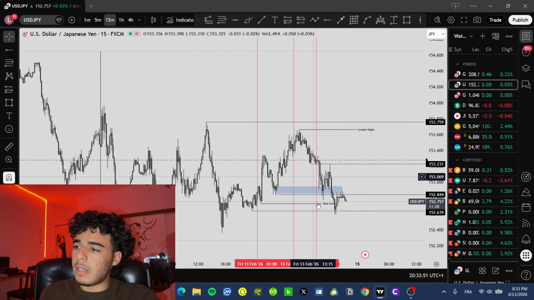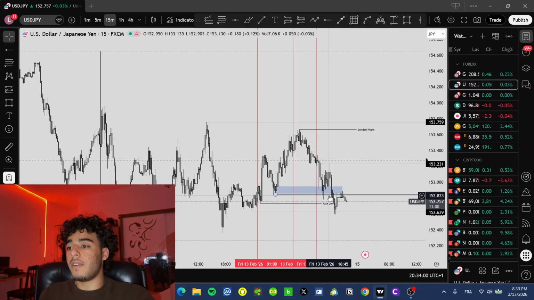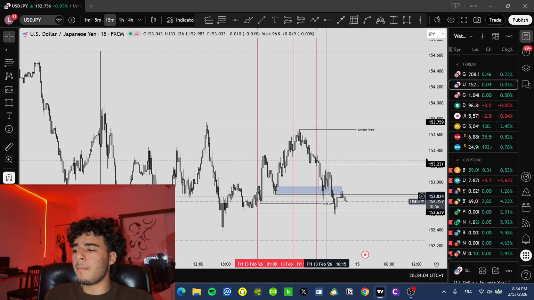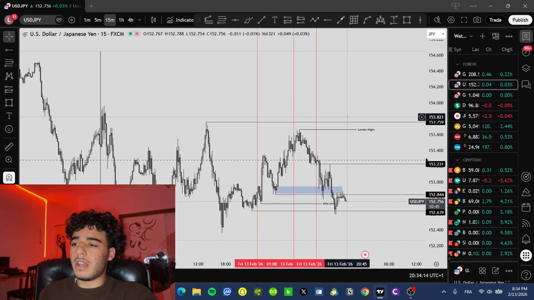We didn't sweep any of the liquidity. We didn't see a reaction off of them. So I stayed out of the chart. I stayed out of the market, especially with today having very important news. The CPI data came out at 2:30 p.m., which is a red flag for me, to be honest, to trade on a high impact news day like CPI. So I just stayed out of the market.